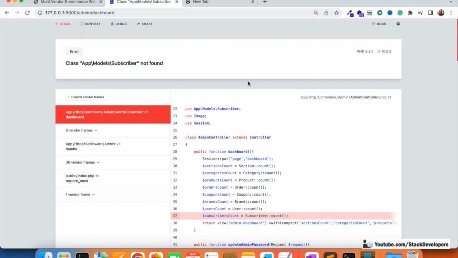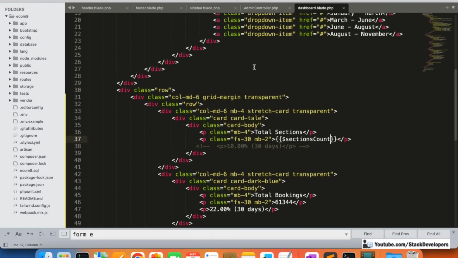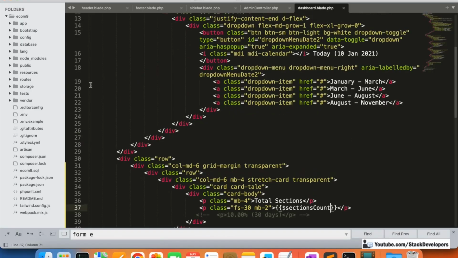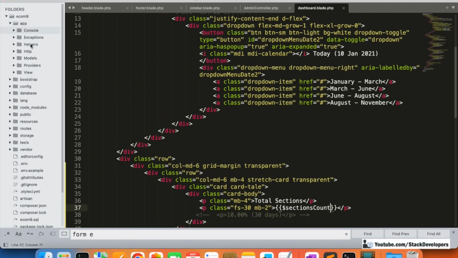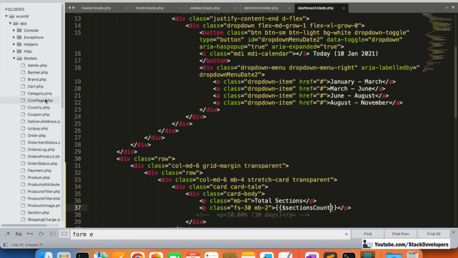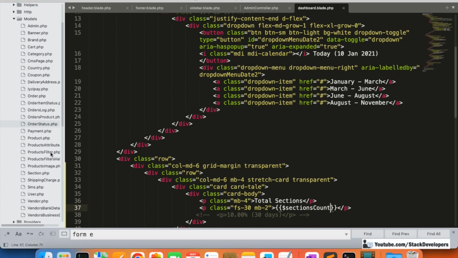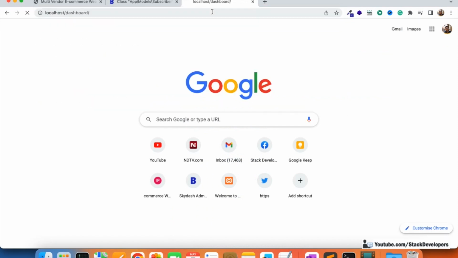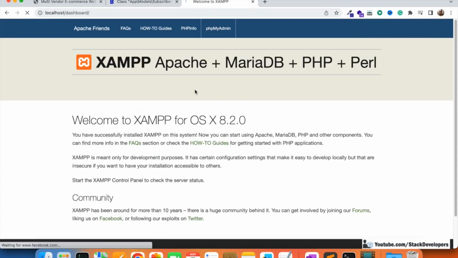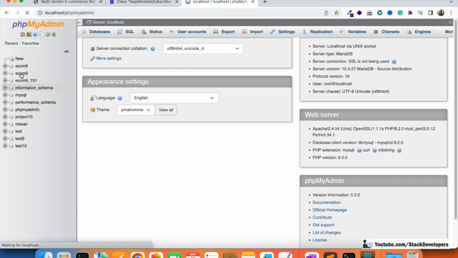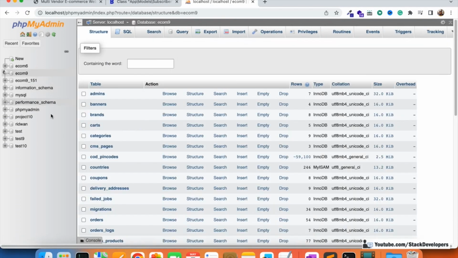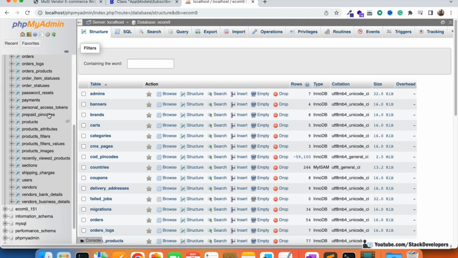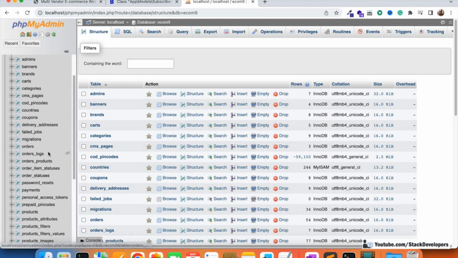And here the subscriber model is not there. Okay, as expected, it's not there. I'm going to see which model is there for the subscriber, or whether there is any model or not. I'm not sure if there is any model. I'm going to check for its table, the subscriber table, which table we are using for the subscribers. This is our database. Ecom 9 is our database, and I am going to check here for the newsletter subscribers,